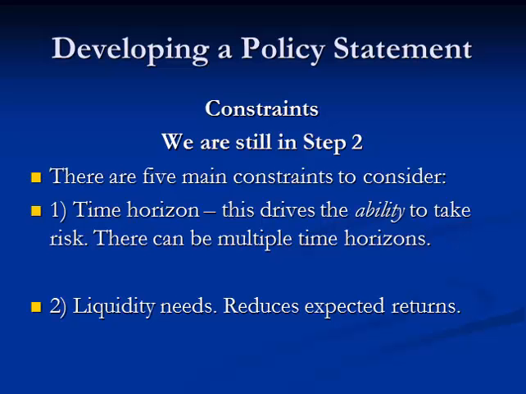And so if a portion of your portfolio is for retirement, you have almost no liquidity needs, you can expect higher amounts of return by taking on high amounts of risk. If you've got money allocated towards the kids' college, and that's coming up in a few years, or a down payment on a house, then your liquidity needs are high, and your expected returns on those assets that you have dedicated towards those goals will be reduced.